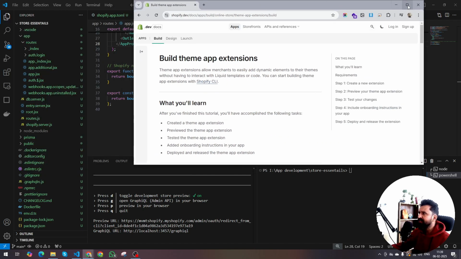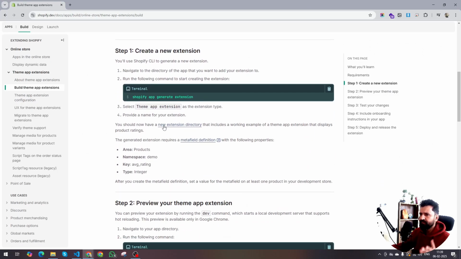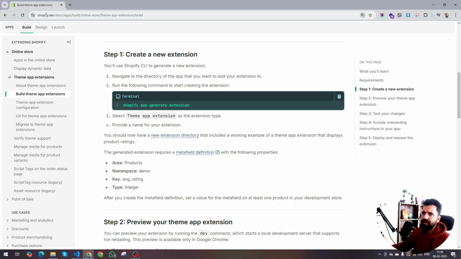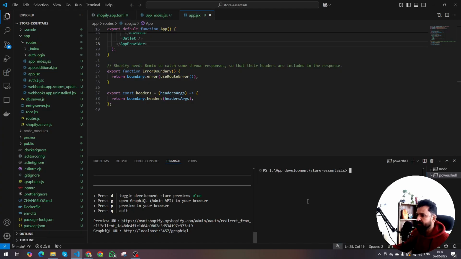You can follow this guide by going to Shopify dev, and under the documentation you'll find the command shopify app generate extension. We can simply click on this,